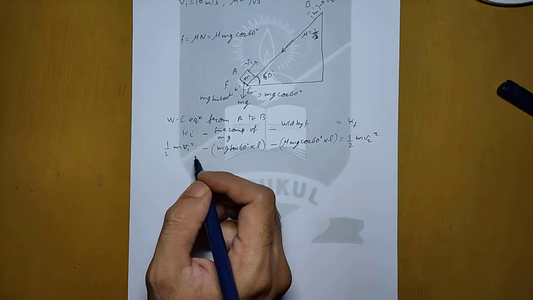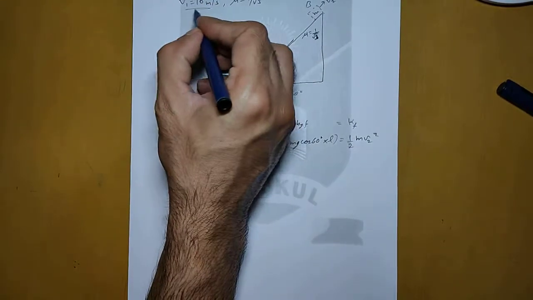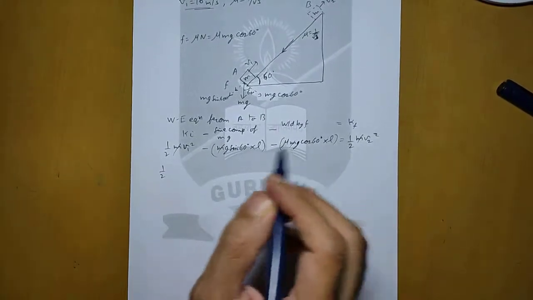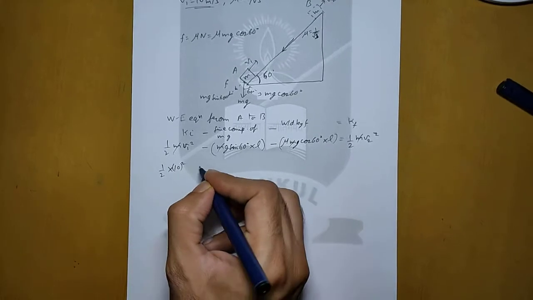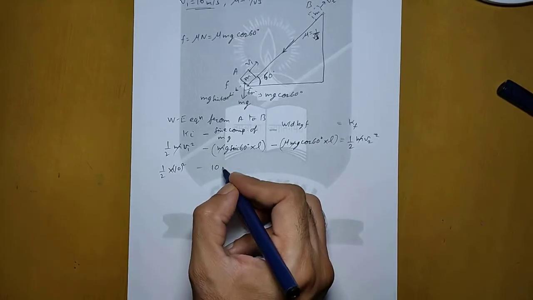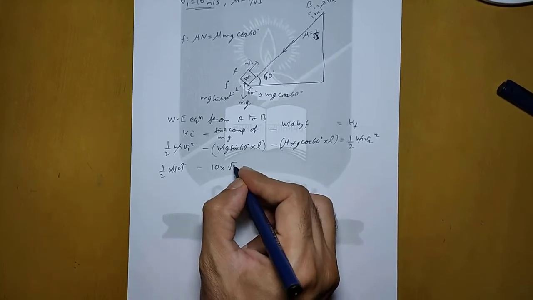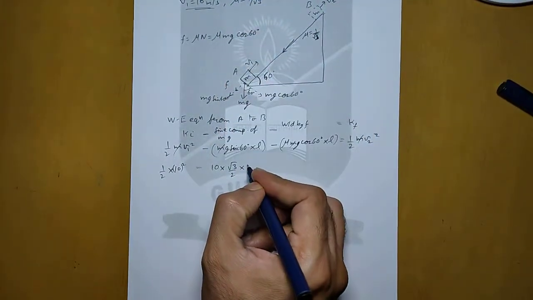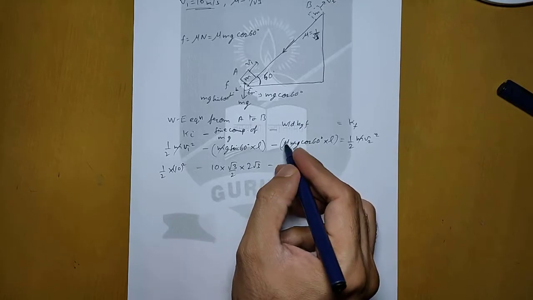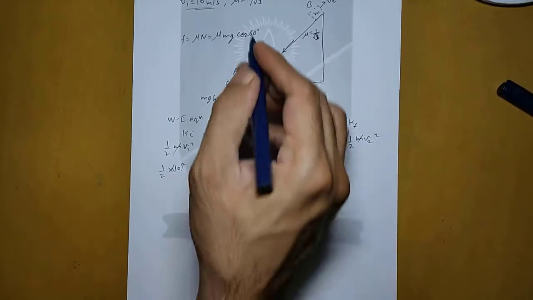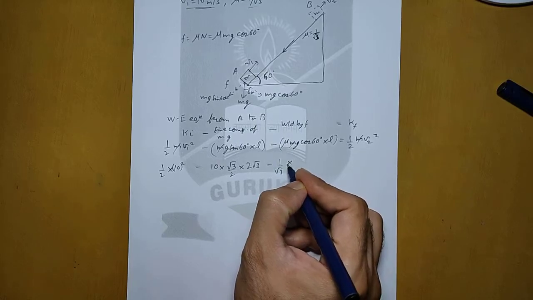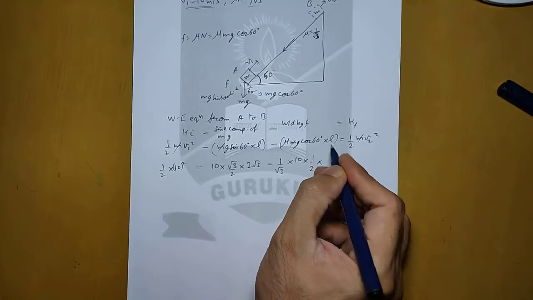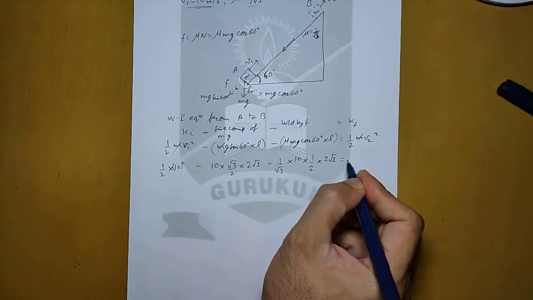Now if we put the values and solve this, v1 is given as 10 meters per second. m is cancelled throughout the equation, so we will have 10 square minus g, which can be taken as 10, sin 60 is root 3 by 2, into L, which is 2 root 3, minus mu, which is 1 by root 3, into g, 10, cos 60 is 1 by 2, multiplied by the length again, which is 2 root 3, equals half